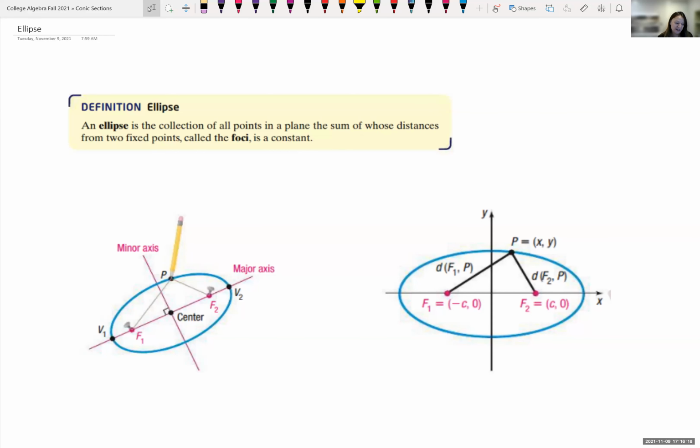We are looking at conic sections. We just looked at parabolas, and now we're going to look at the conic section, which is an ellipse. So let's read through the definition, and then let me give you some terminology and formulas. And so the following states that an ellipse